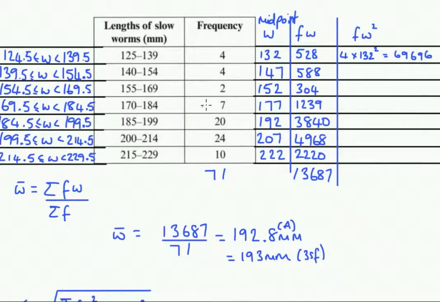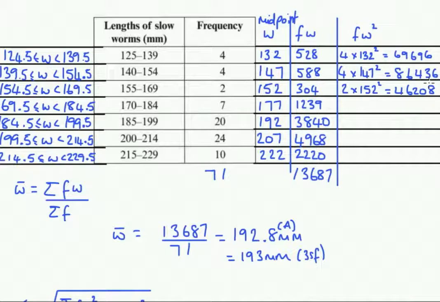The next one I'm going to do is 4 times 147 squared, which is 86436. 2 times 152 squared is